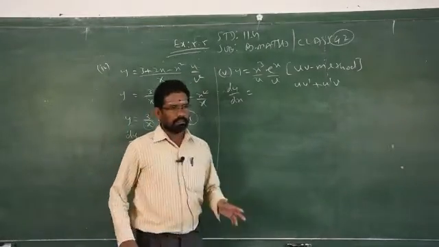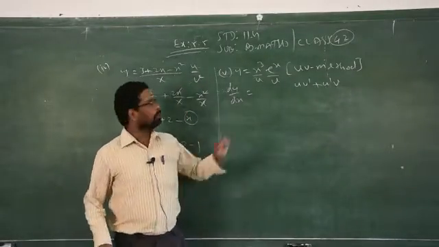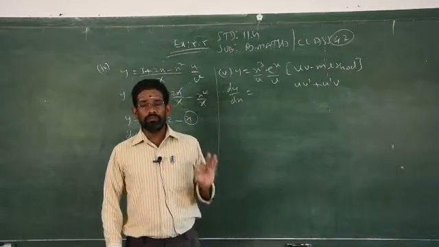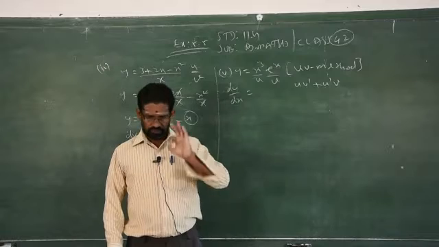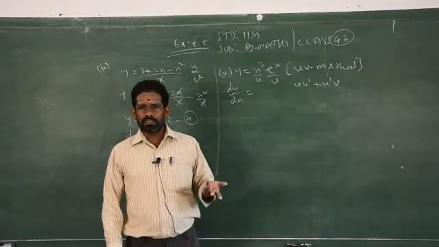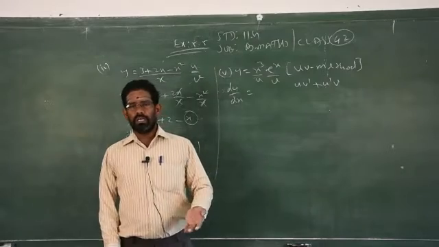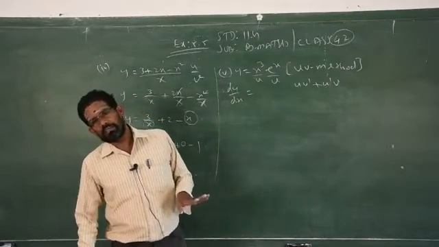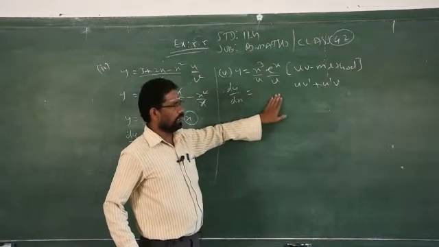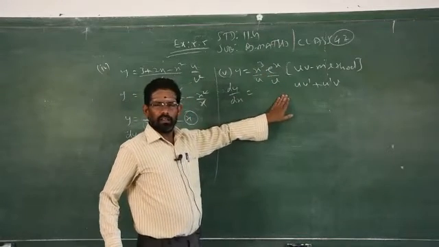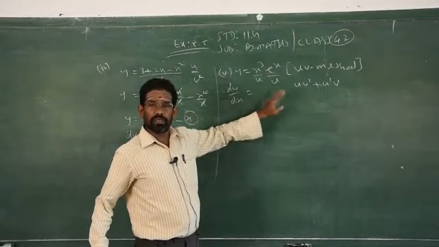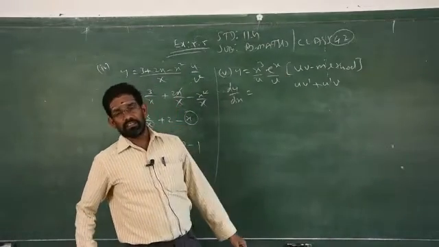This is a formula. Actually, what is the rule? Out of these two factors, you have to differentiate any one factor first. Then you keep the remaining one as it is. Then plus, differentiate the remaining one and keep the previous one as it is. That is the concept. Clear? You have to keep any one of these two as it is, differentiate the remaining one. Plus, you differentiate what you kept as it is, and then you keep the first one as it is.